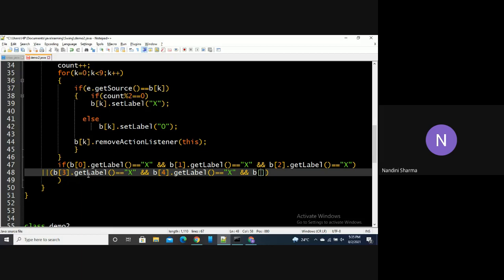Now for the next lines, we can copy and paste the conditions and just change the number of buttons.